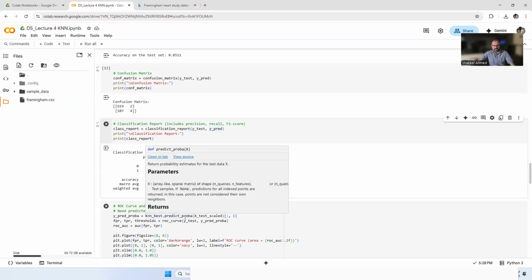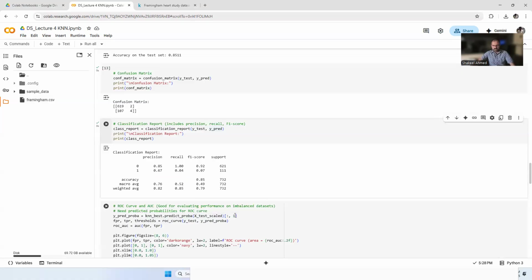Just predict underscore proba and then x test scale, and here 1. So then we can find the false positive rate, true positive rate, and threshold, and we can find the ROC curve. So the ROC curve basically, for all possible thresholds, makes a curve between false positive and true positive, false positive rate on the x-axis and true positive rate on the y-axis. So this is the command of the plot